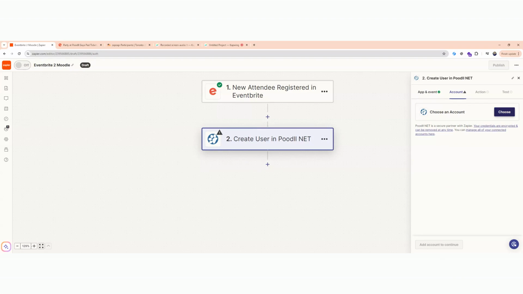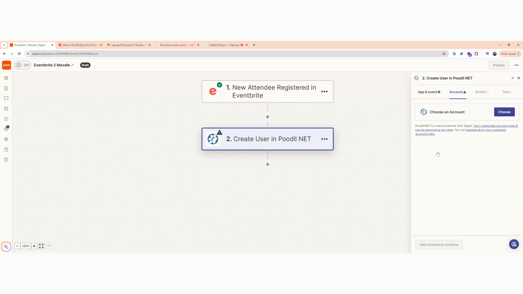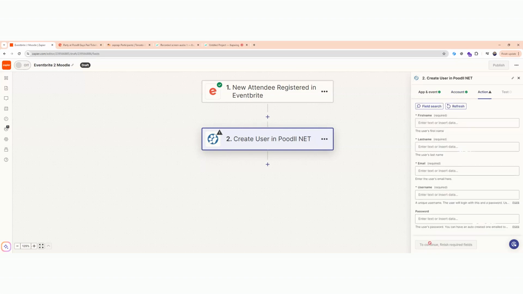You could have your own Poodle NET site. You could use somebody else's, but this is mine, Poodle NET for Toronto 2024. So I'll use that one. And again, I've already authenticated with that. So in your case, you'll need to authenticate. Okay, so here we add the create user fields, and we're going to map the data from the Eventbrite event